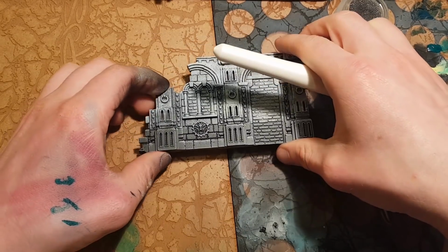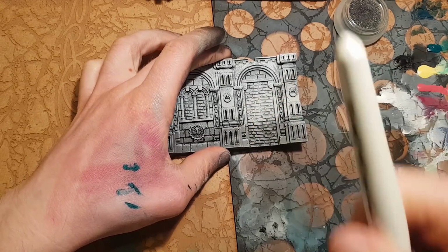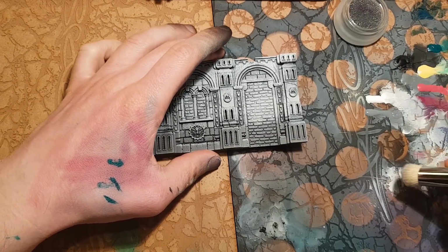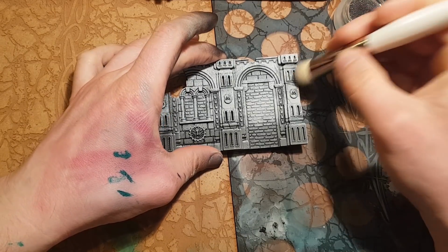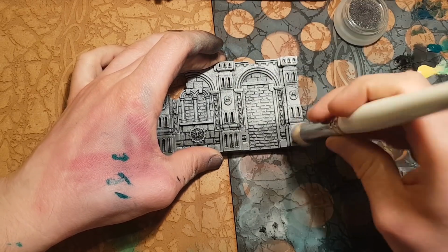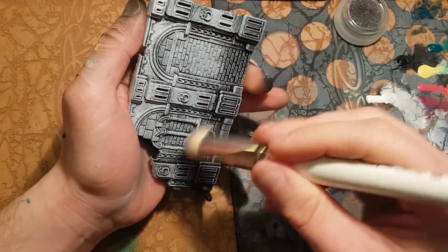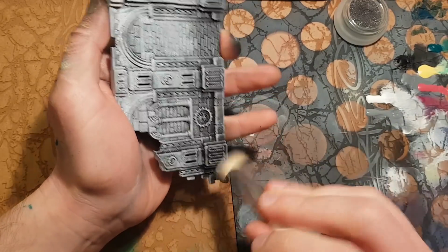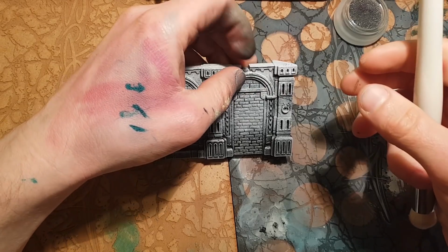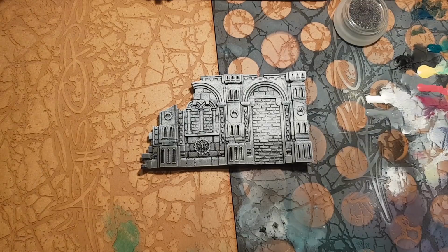What I'm going to do here is work from dark to light and light to dark, kind of jumping between the two of them. If you find it easier, and some people do, you can just do it one way. You could do light to dark all the way from top to bottom, or dark to light all the way from bottom to top. Some people find it easier to work like that, or it might be something you get more comfortable with when you're more experienced with the technique. You can chop and change it as you see fit. I'm choosing to do it like this because it's going to allow us to get super punchy, bright bits at the top. So our first colour